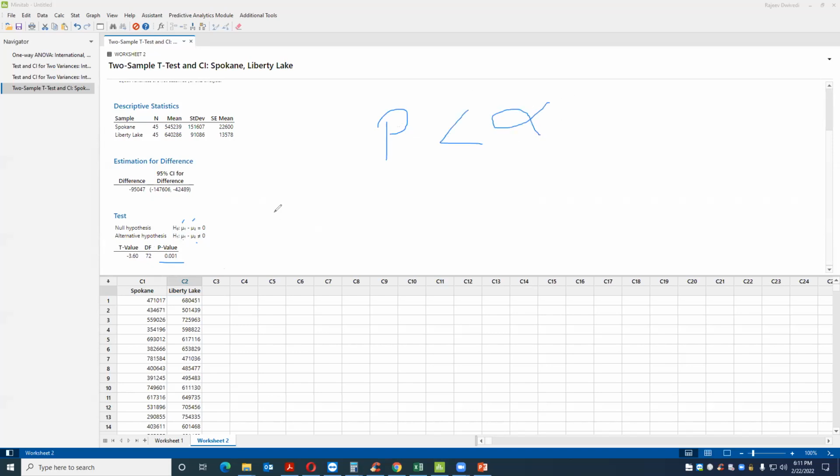Alpha, what have we selected? We selected 5% by default. So the p-value is less than 1%, or you can say 0.1%, and alpha is 5%. So this is 5%, and p is less than 1. So we reject the null hypothesis and we accept the alternative hypothesis that